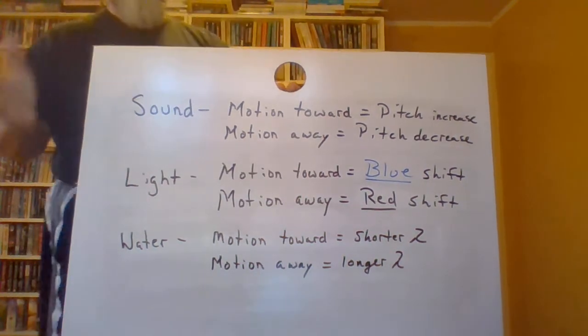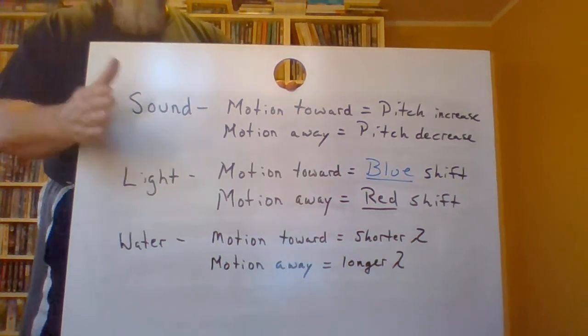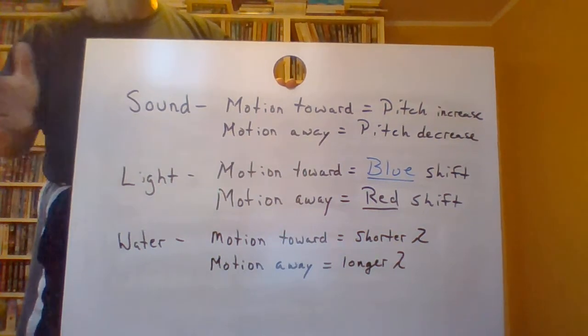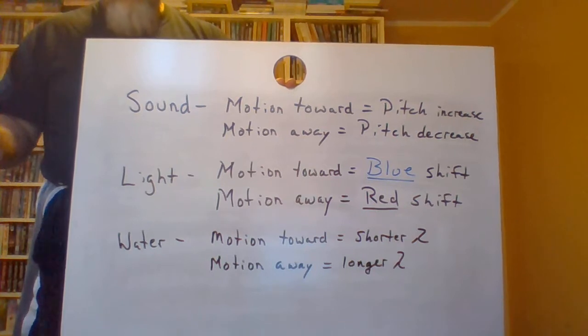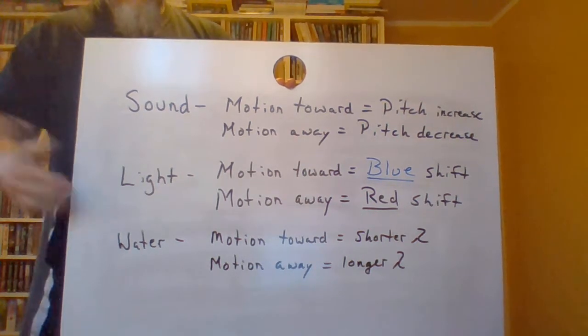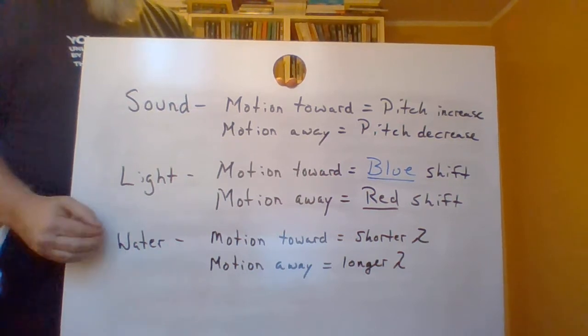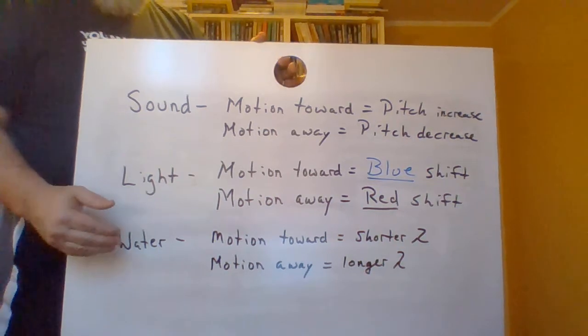So violet would become blue, blue would become green, green would become yellow, yellow would become orange, orange would become red, red would get pushed down into the infrared end of the spectrum. Okay? So for water, all right,